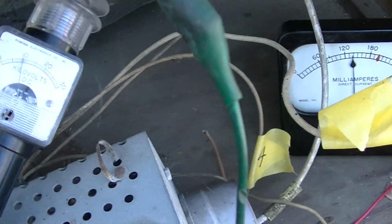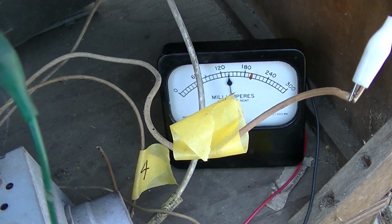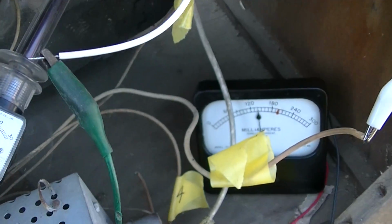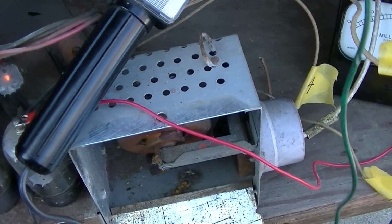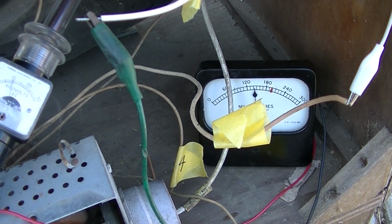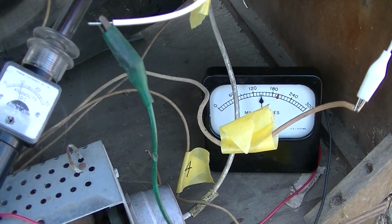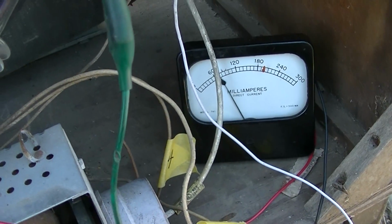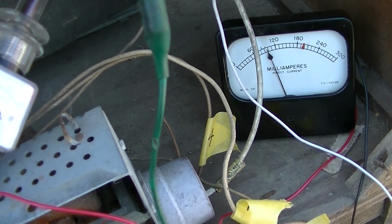Let me try and find a good 1B3. Yeah, this yoke is still not the right tuning for this circuit. This is not the right yoke. This is just something I found and connected. It's for an RCA set. Alright, here's a new old stock 1B3, which doesn't mean it's good, but